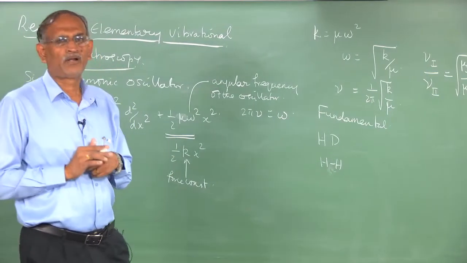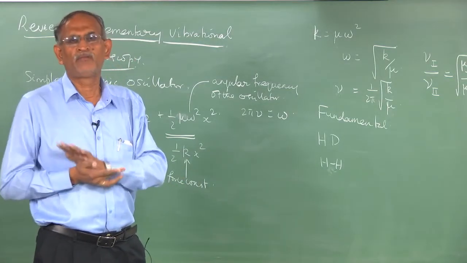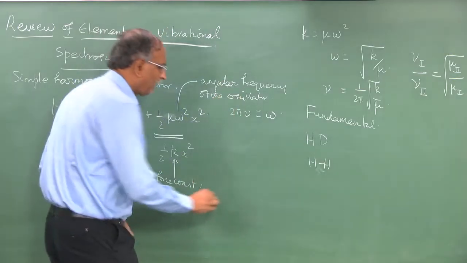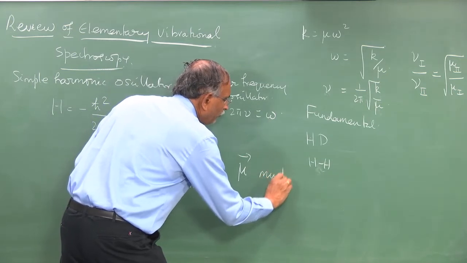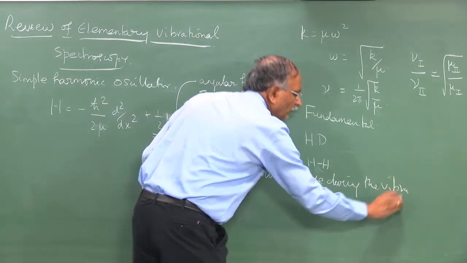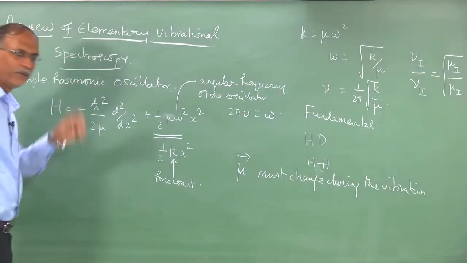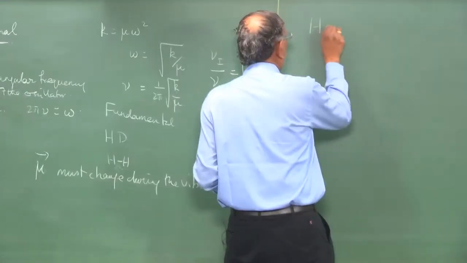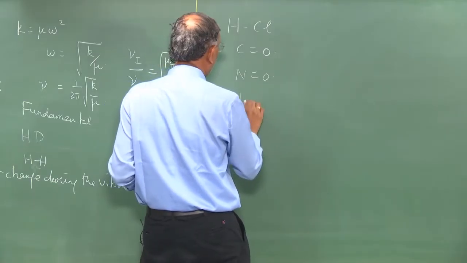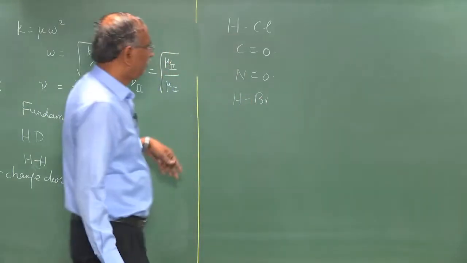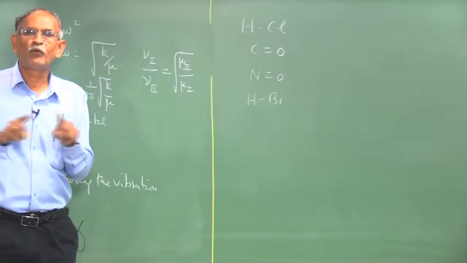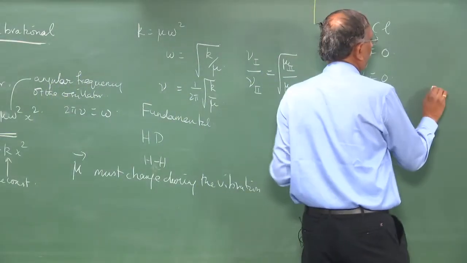Now, the one important difference for the harmonic oscillator from microwave spectroscopy, in terms of the absorption of radiation, infrared radiation in this case, is the fact that the dipole moment mu must change during the vibration. Therefore, molecules which have a permanent dipole moment such as HCl, CO, NO, HBr, all those molecules, already have a non-zero dipole moment, and during vibration the dipole moment also changes. It is a change in dipole moment during vibration which leads to vibrational energy